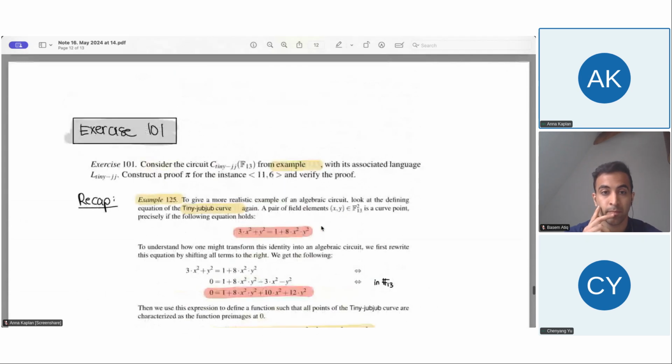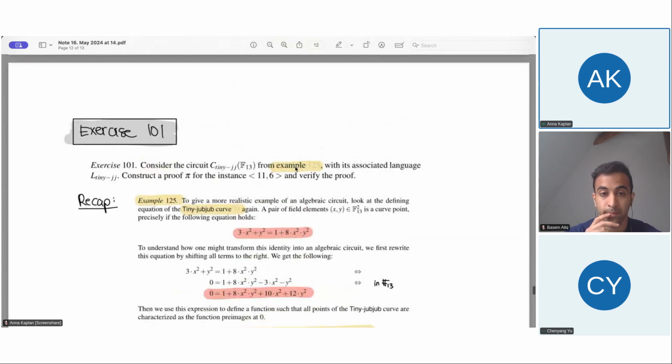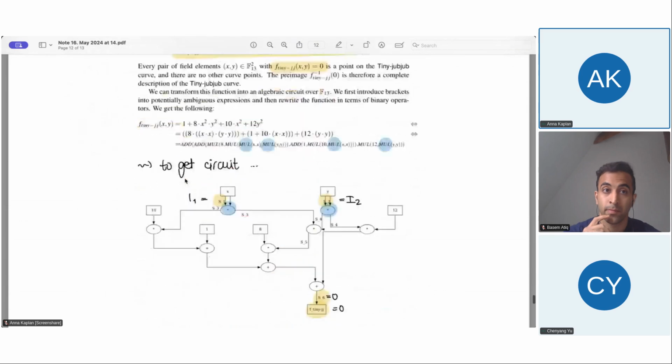So let's go back. We have the circuit from example 125 for the language. And now we have an instance 11, 6, meaning the public values are 11, 6. And we have to construct a proof. So is x equals 11 and y equals 6 a point on the curve? And if so, give us a proof. This is the idea